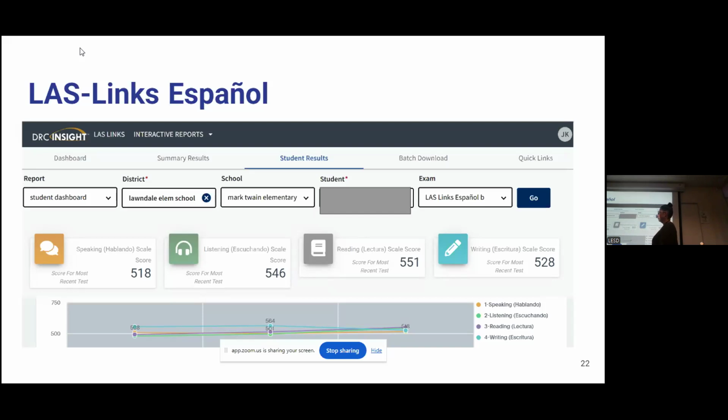And typically, the school sites at Mark Twain, at Billy Mitchell, and then at Rogers, do send home a report. And it's a Lawndale letter because Los Links doesn't give us an actual report. So we pull that data for you all, and then we share it with the parents with our own internal letter. And if you have not received that, please reach out to Eugenia here. She's at Mark Twain, and I'm at Billy Mitchell, and then Rosie Cito is at Rogers.